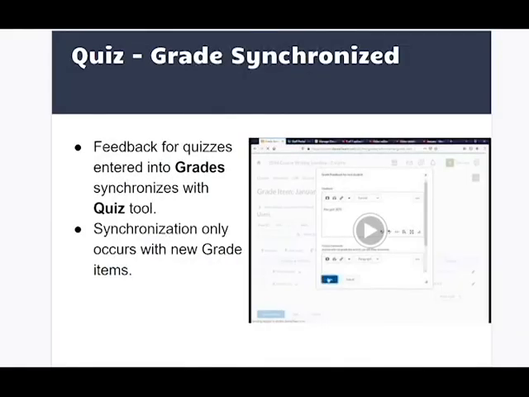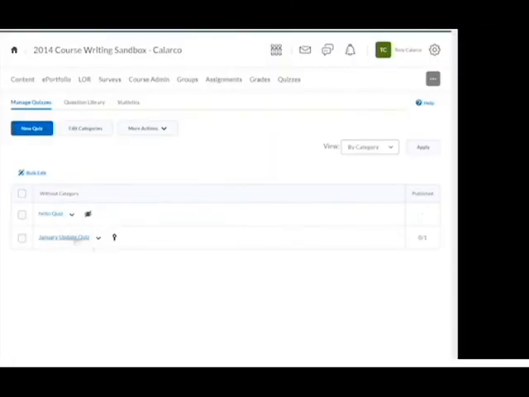There's another integration of tools, and that is a closer connection between the quiz tool and the grade tool. So now, if you are adding comments to a grade item that is associated with a quiz, that feedback that you're putting in the grade tool will be synchronized with the quiz tool, so that if the student goes to the grade tool or goes to the quiz tool, they'll get the same feedback. So here we have this quiz that I've created, and I'll just show you